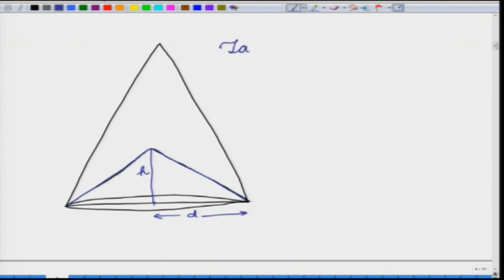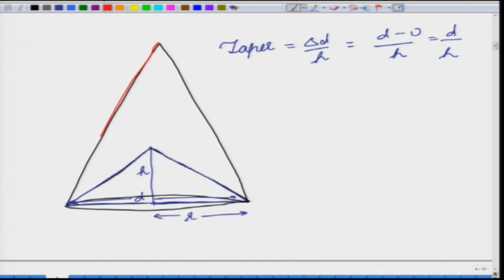So, the taper for the blue solid is given by the change in diameter. As you increase by a height h, delta d is given by d minus 0, because this is the radius, this is the diameter. Here you have a diameter of d, and at this point you have a diameter of 0. So, you have d minus 0 divided by h is equal to d divided by h, whereas for this red solid